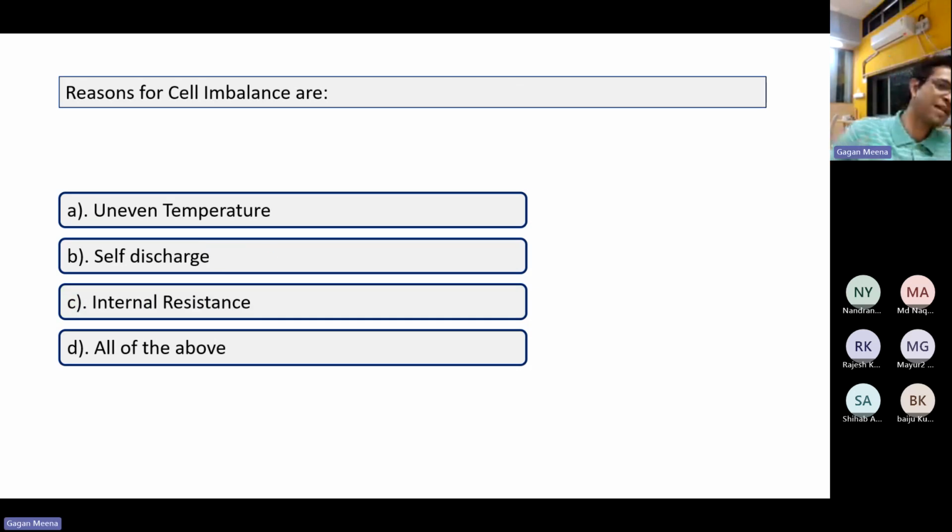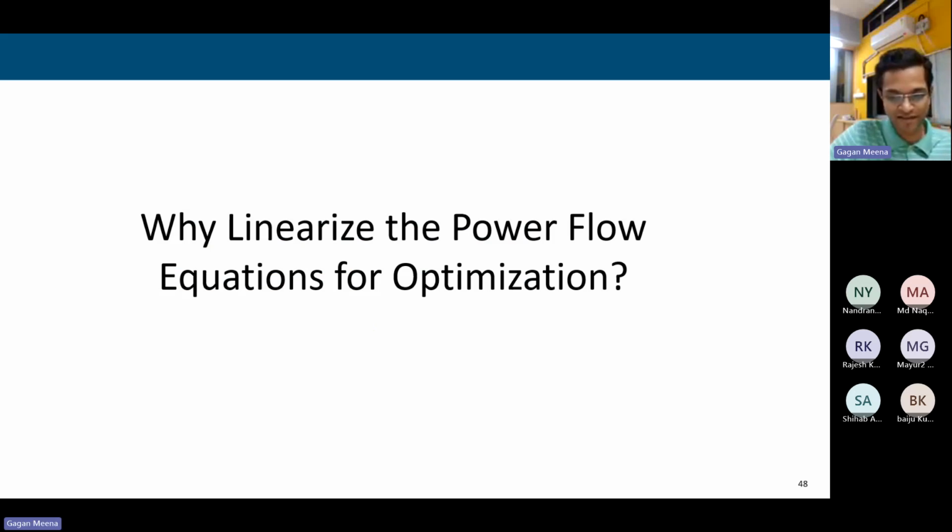Reason for cell imbalance we have already seen. The answer is very simple. Option D. D. Right? Correct. All of the above. Yeah, I think this is the last slide or